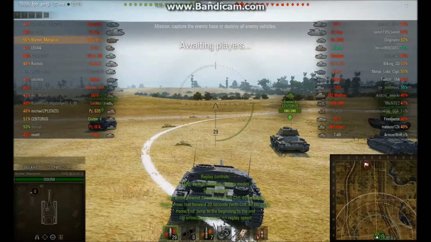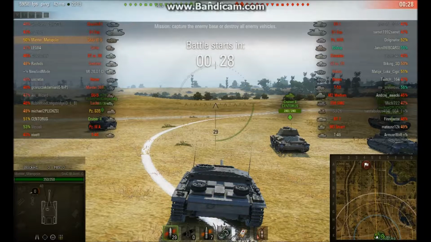So today I've got a tier 5 match on Prokhorovka and I'm in my Stug 3G. Now this is actually the second replay that I have uploaded with me in my Stug 3 on Prokhorovka. I don't know what it is about this map and this tank, but I just seem to gel